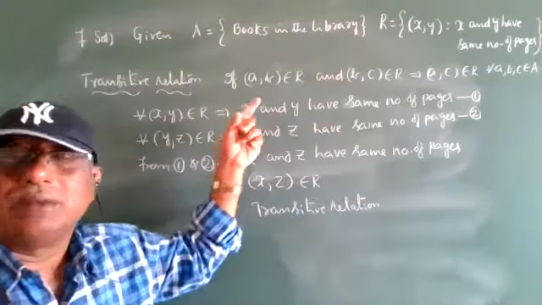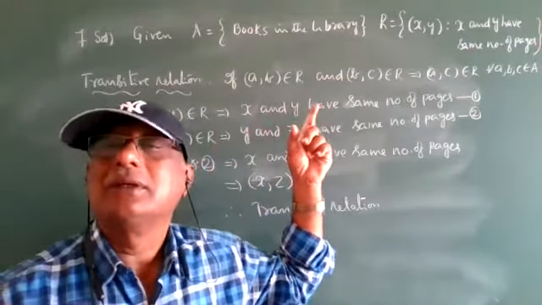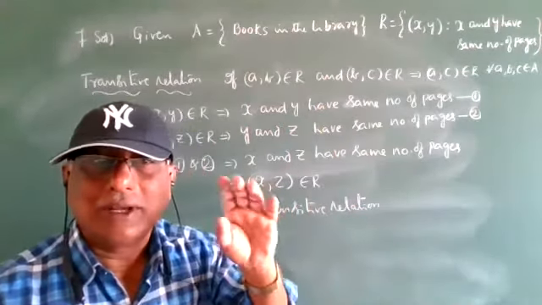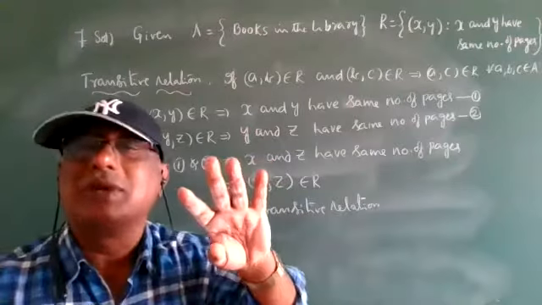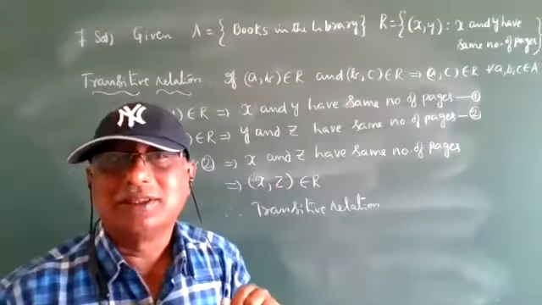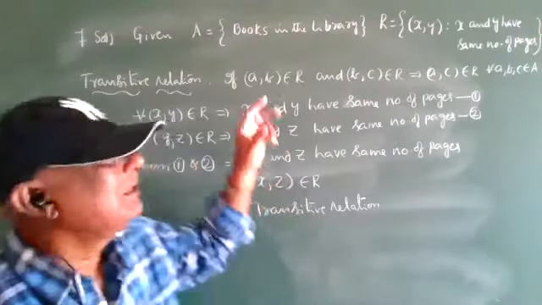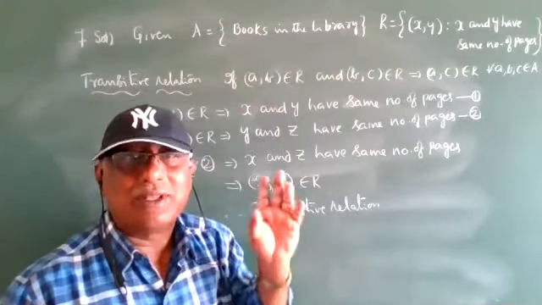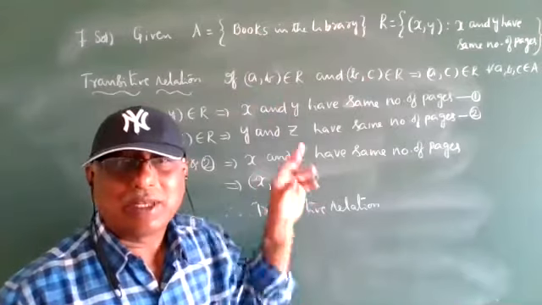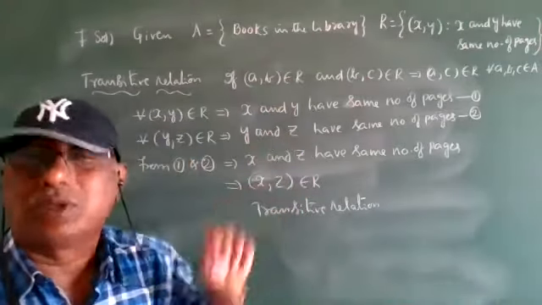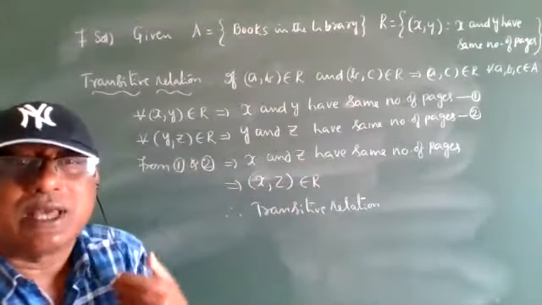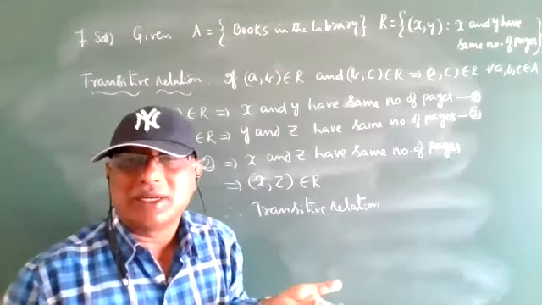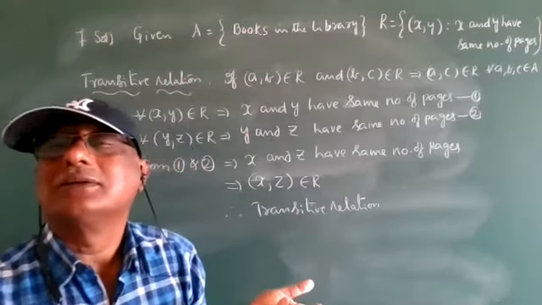So we are taking, in place of X, X and Y are in the question. Transitive means we take 3 numbers, 3 books. They are giving X comma Y in the ordered pair. Z is not given. Here, transitive means we take 3 books. 3 books means I am assuming the third book is Z. Okay?